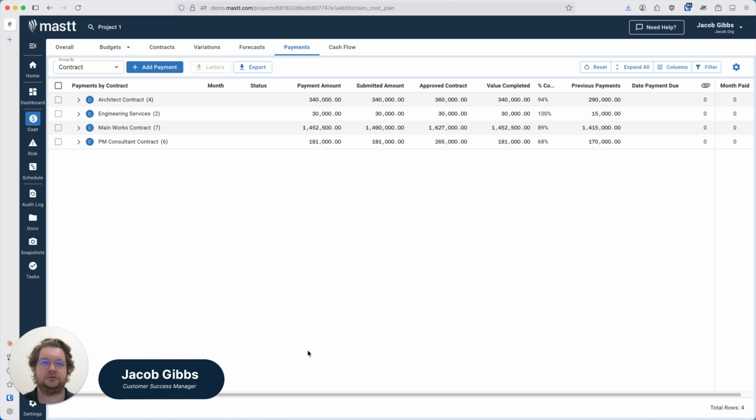This is where you'll track and process all payments against your contracts and variations, providing a complete record of your project's financial transactions. Managing payments effectively ensures you maintain accurate records of your project's expenditure and can track progress against your contracts. So when you first enter the payments module, the default setting is showing them based on their